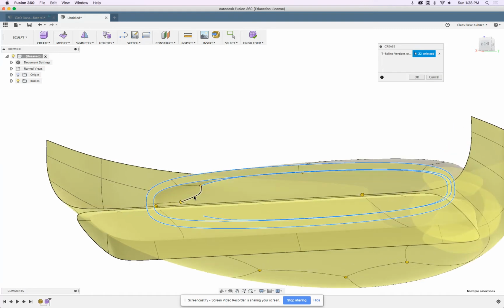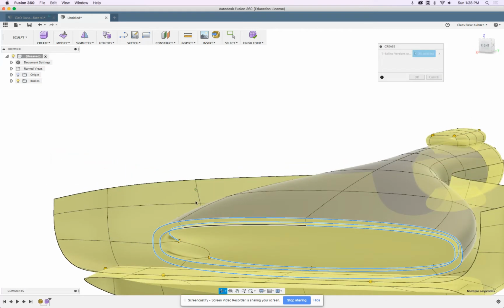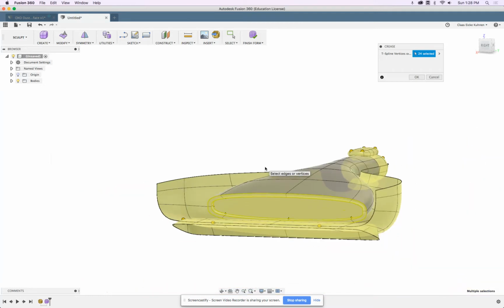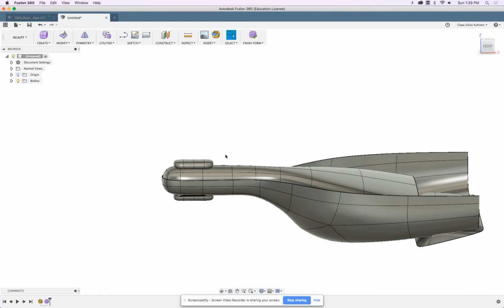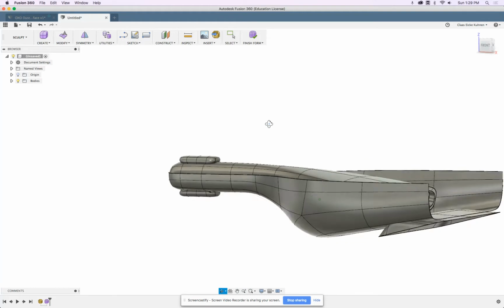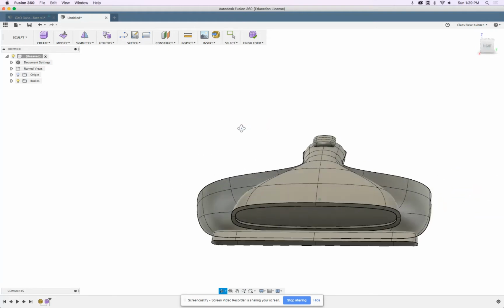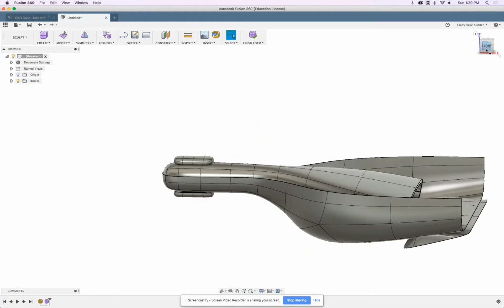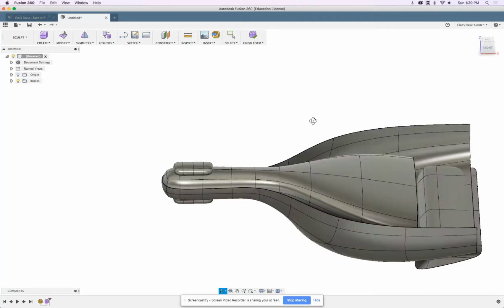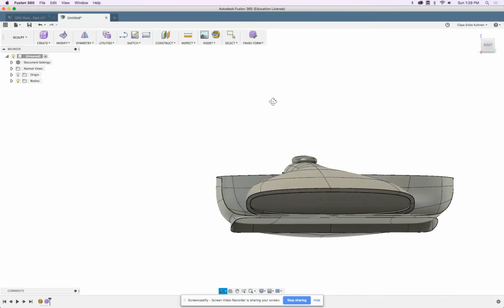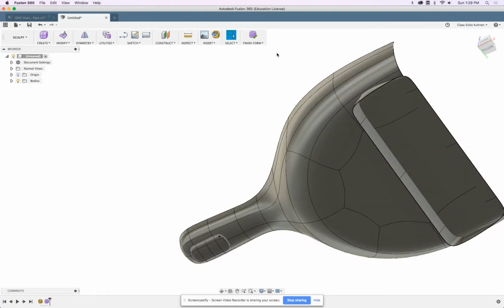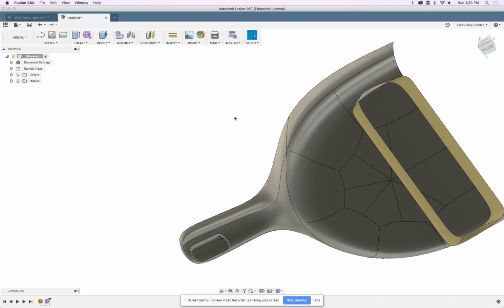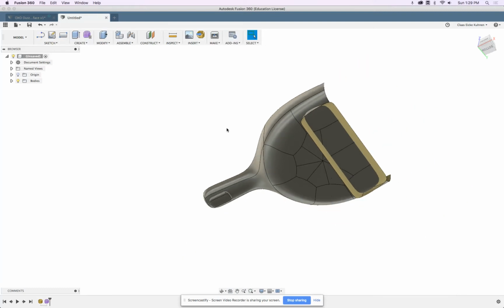And while we have T-splines built into Fusion, it does not have the same modeling depth as a dedicated polygon modeler like Blender, Cinema 4D, Maya, or such. And the main reason, again, why I use Blender is simply it has more modeling tools. It works well with Fusion and it's free. Okay, so this looks actually pretty good. So at this point, let's click Finish Form, and we can continue